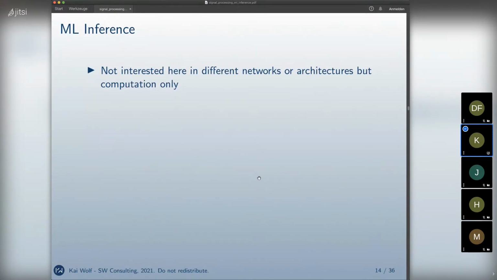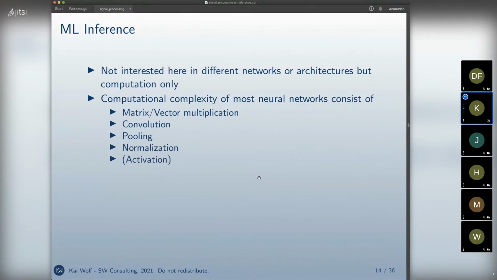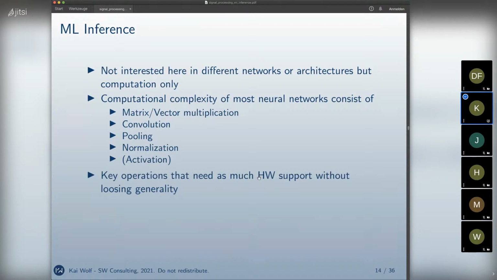to do anything meaningful. For this talk, I'm not interested in the different networks or architectures, but only in the computations of these different machine learning networks. In a nutshell, the computational complexity of most neural networks consists of matrix vector multiplication, the activation weights, say, the convolution of an image or of a 1D audio signal. Then we have pooling, normalization, and activation, but these are usually not so costly functions. So these are the key operations that need hardware support without losing generality, and they need to be very fast, because they happen the most often in any